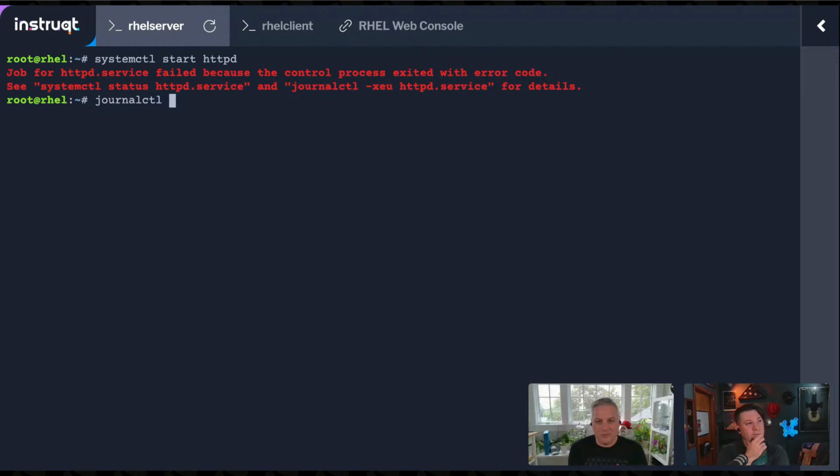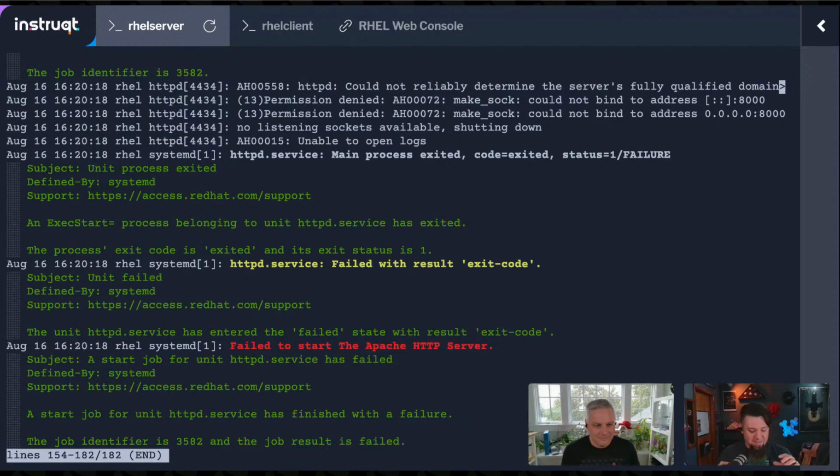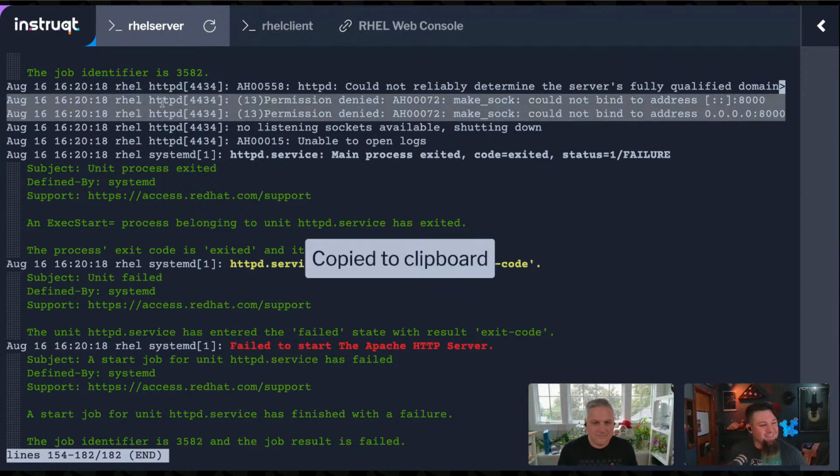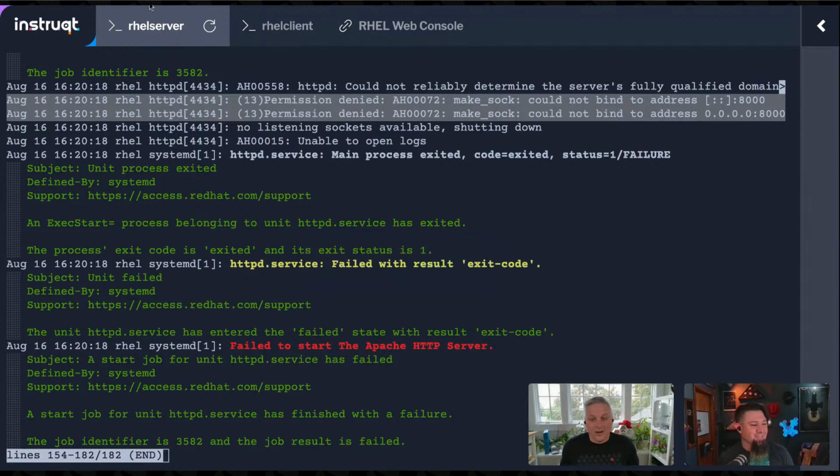I need to copy and paste more, Nate. Well, CTL is difficult to type. Every time I type it, I always think I'm getting it wrong. And systemctl, journalctl, they're just difficult commands. All right, so